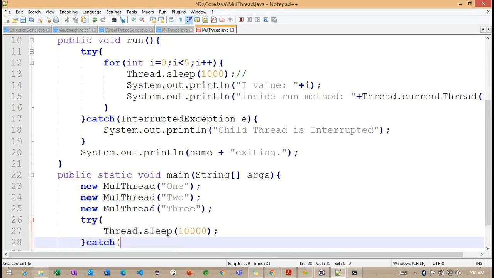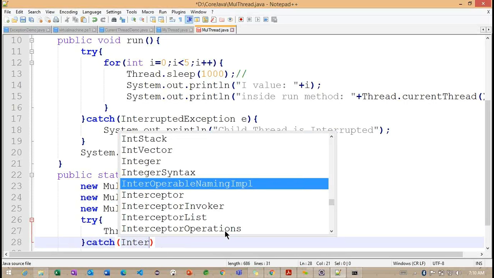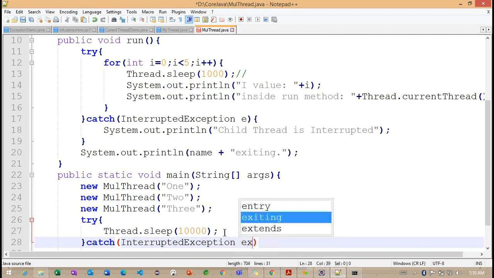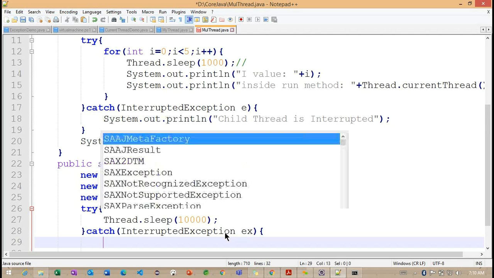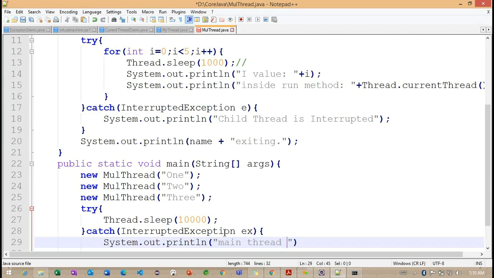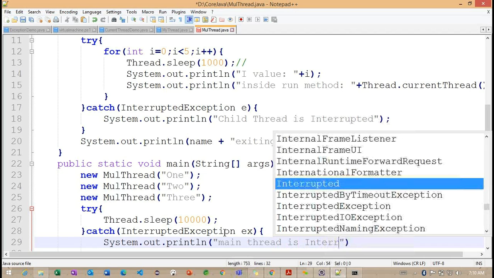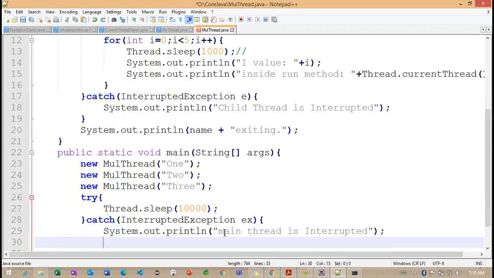Here it is a catch block: InterruptedException ex. Internally, System.out.println, and here "main thread is interrupted".